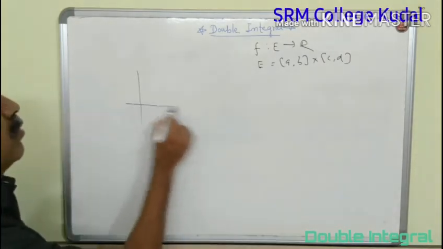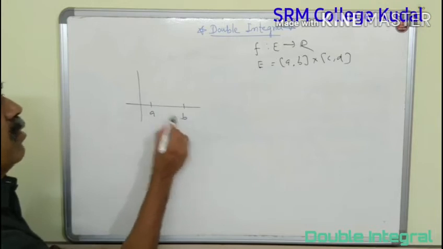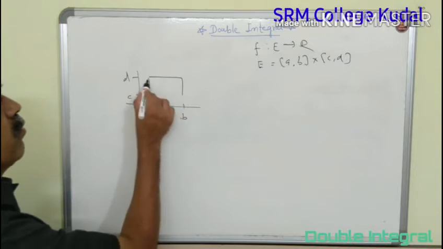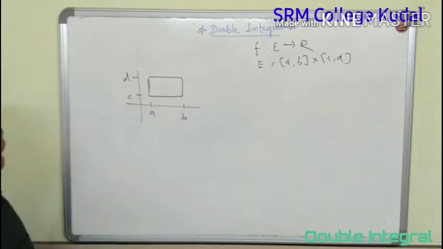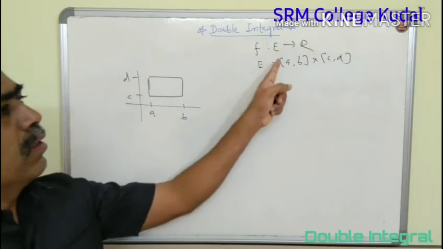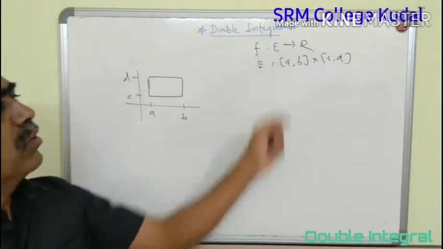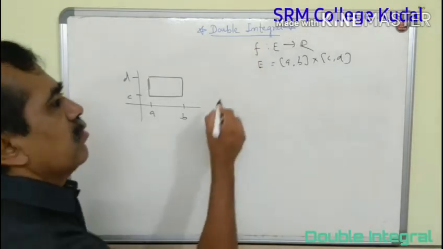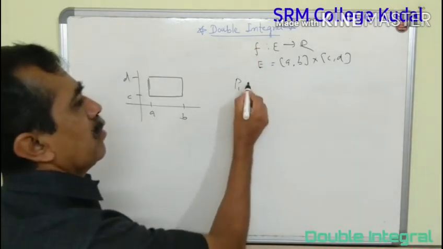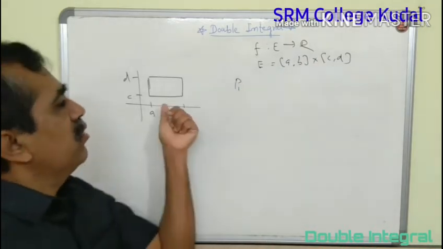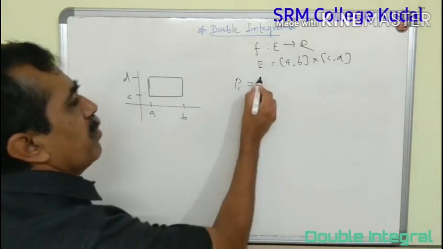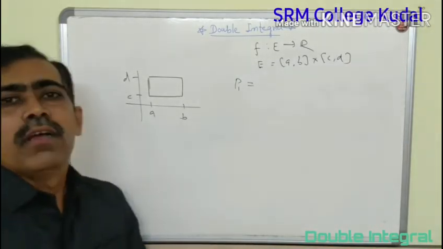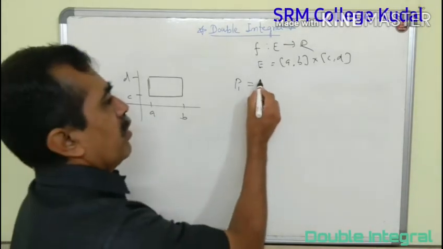So that means if this is closed interval AB and this is closed interval CD, this is the rectangle that we are considering. This is rectangle AB cross CD. Now to define the double integral, the basic thing is you have to partition the edges AB and CD of the rectangle E. Suppose P1 is the partition of closed interval AB and P2 is the partition of closed interval CD, where P1 is